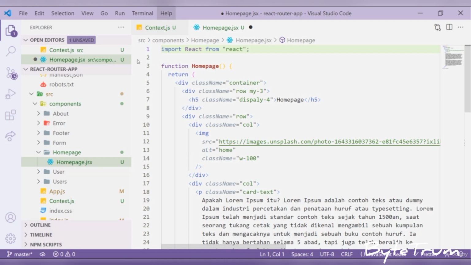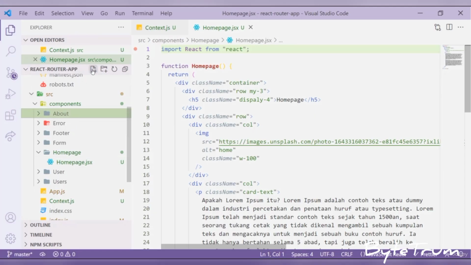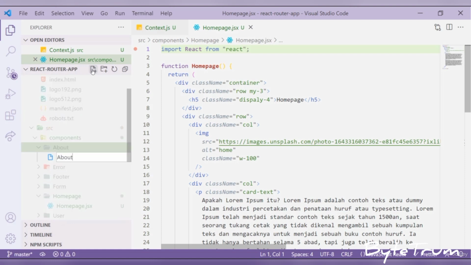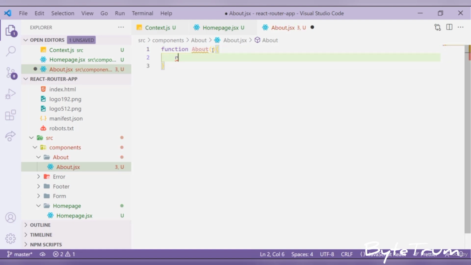And after this, we'll be heading to our other components, and that is our about page. So inside the about, let's create a component, and this is going to be about.jsx. All right, so now we'll be populating our about.jsx. This again is going to be a functional component. So let's create a function and give it the name About. And give it a return statement. So return, and inside this return, let's start